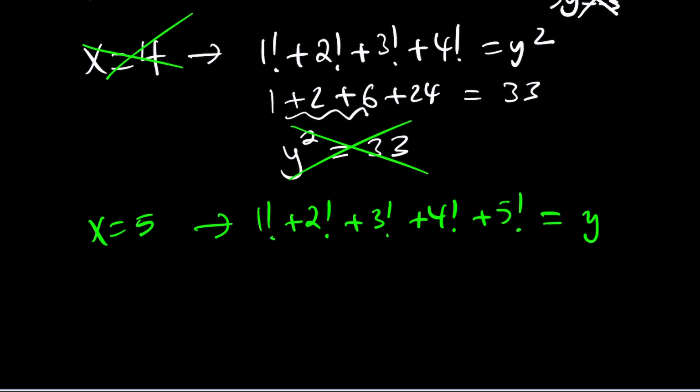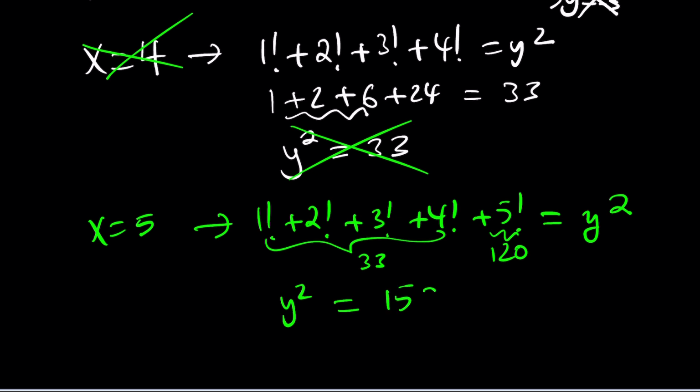Hopefully you have this much patience. One thing to keep in mind: we already know this is 33 and this is equal to 120. So you don't have to reinvent the wheel, right? So y squared equals 153. Houston, we have a problem, but that's a bigger problem. You know why? Because not only is there no integer whose square is 153, there are actually, are you ready for